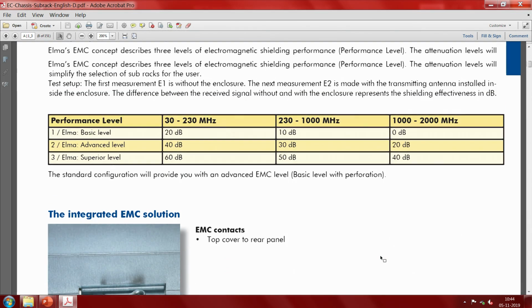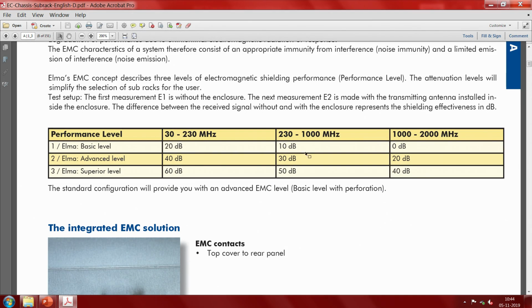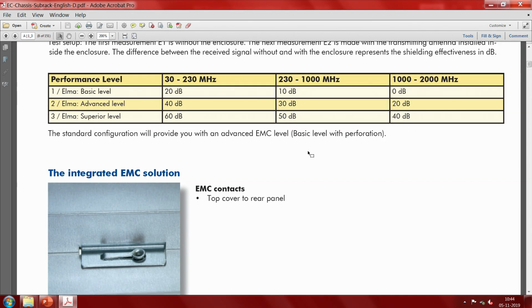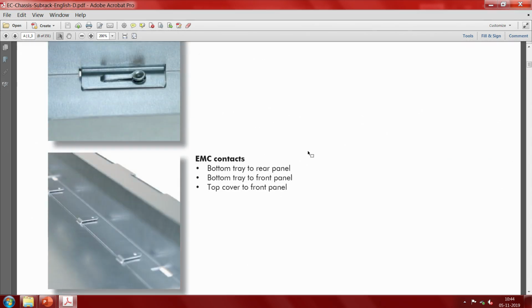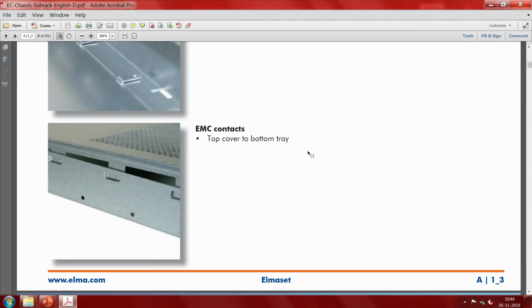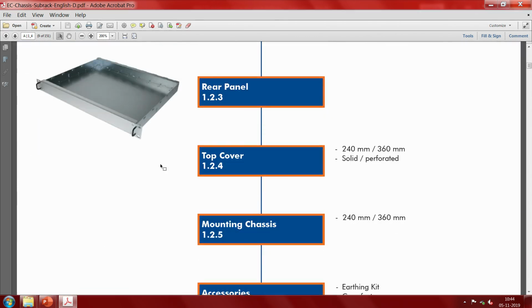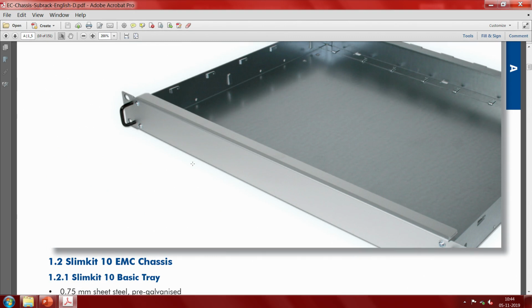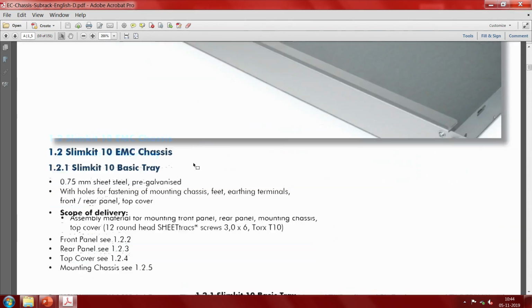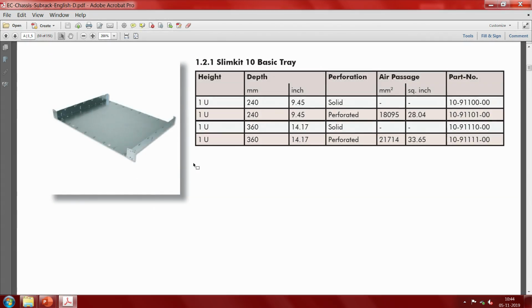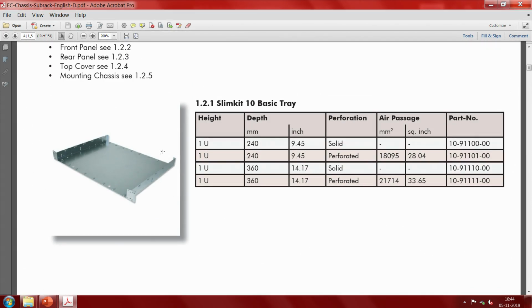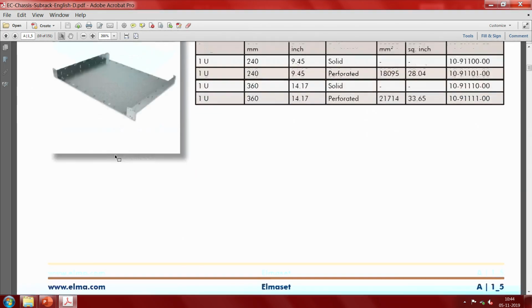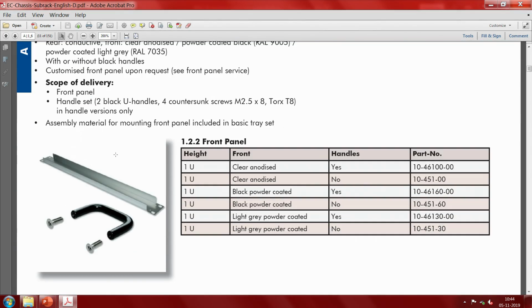And you see here the advantage is being fully EMI protected cabinets, everything is available. In such cases, all you need to do is add a front panel. For you to add the front panel, it is very easy to buy one of those boxes, add a front panel, and then they will recommend mounting hardware, or in this case, a mounting chassis on how to complete this.